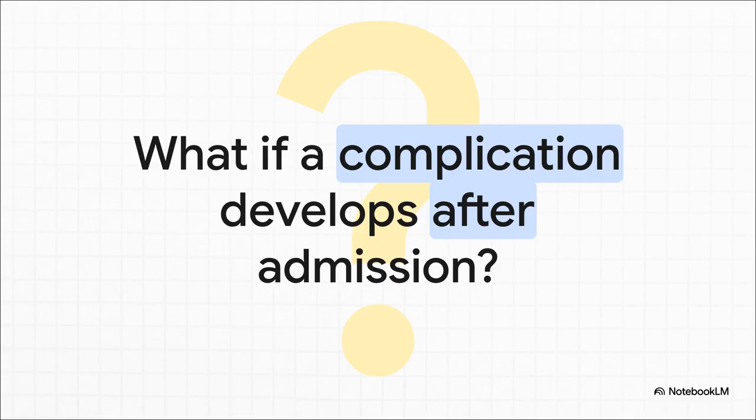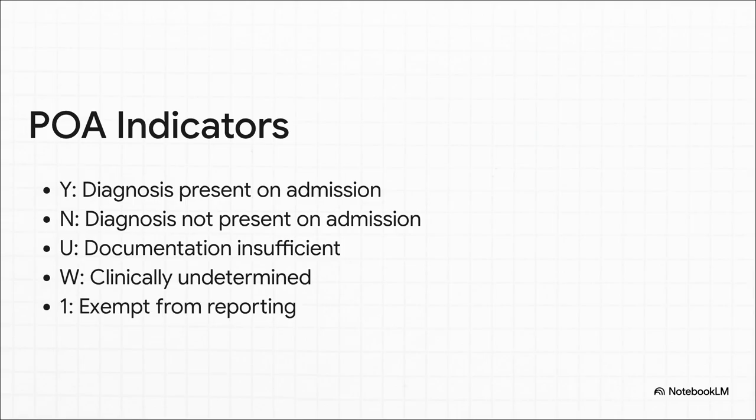Does the hospital still get that high MCC payment bump? Well, the answer lies in present on admission, or POA indicators. Every single diagnosis code has to carry a POA flag. If a condition was present when the patient walked through the front doors, it gets a Y. But if that deep vein thrombosis developed, say, 2 days into the hospital stay, it gets an N for not